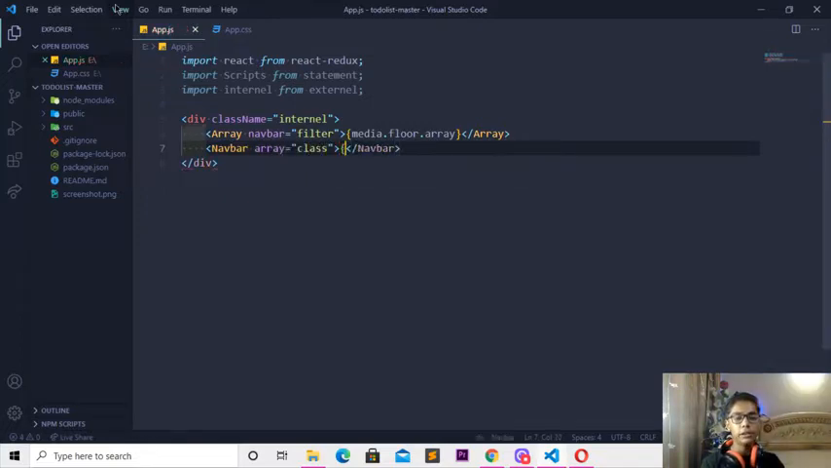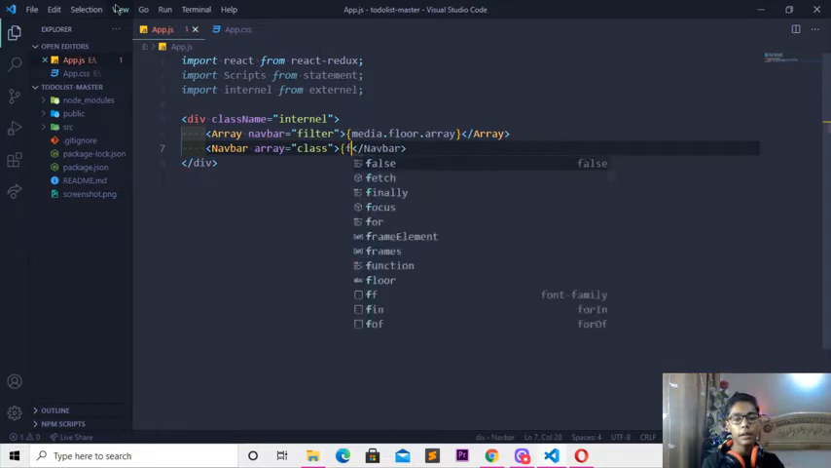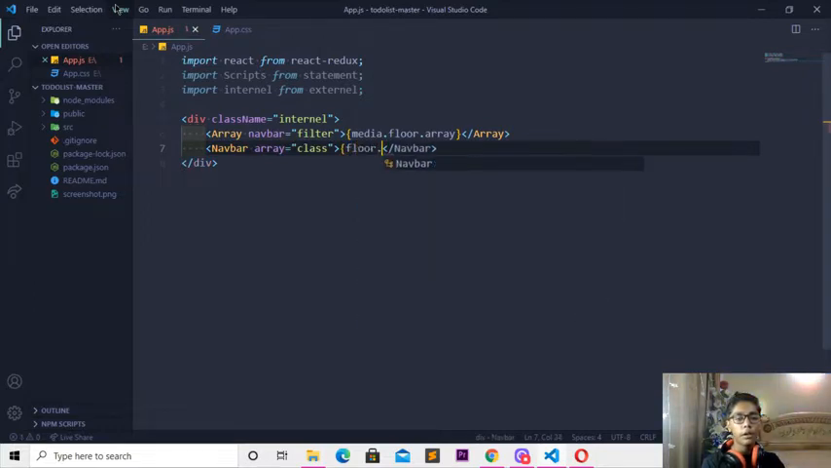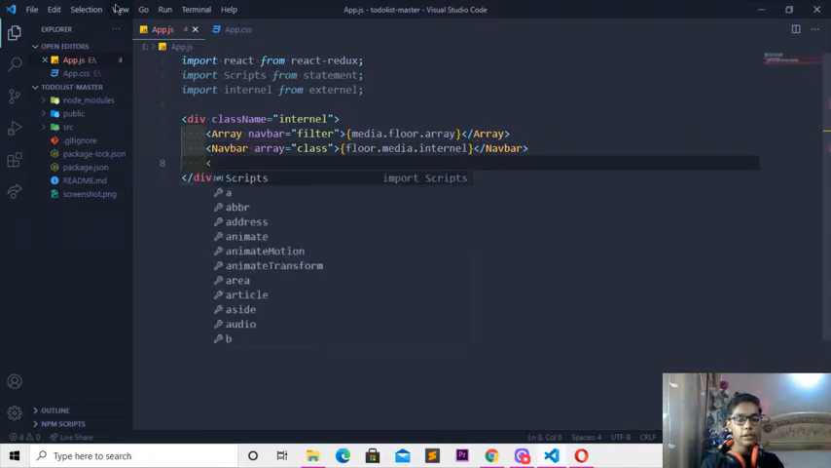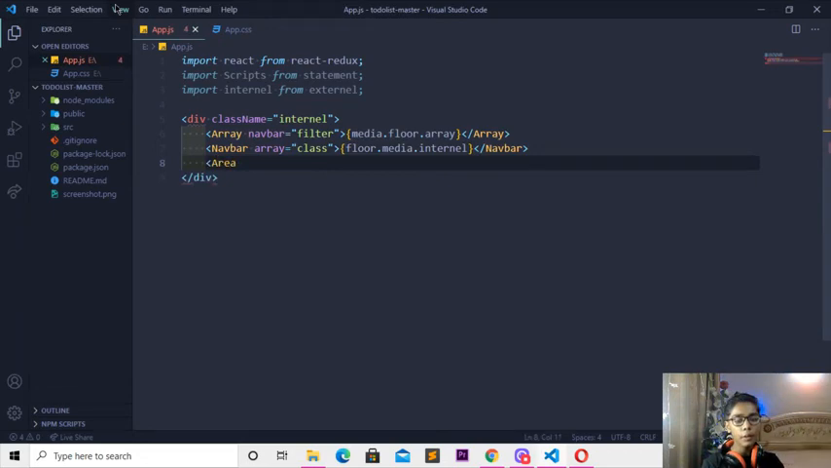Then I'll be closing that and making a curly bracket again, in which I'll be writing floor dot media. And here when you're done with that, I'll be writing that to like internal. So here I'll be closing that curly brackets here, and then I'll be changing that to a tag which should be just like area. Moving forward here, writing navbar equal, then changing that to like another tag which will be